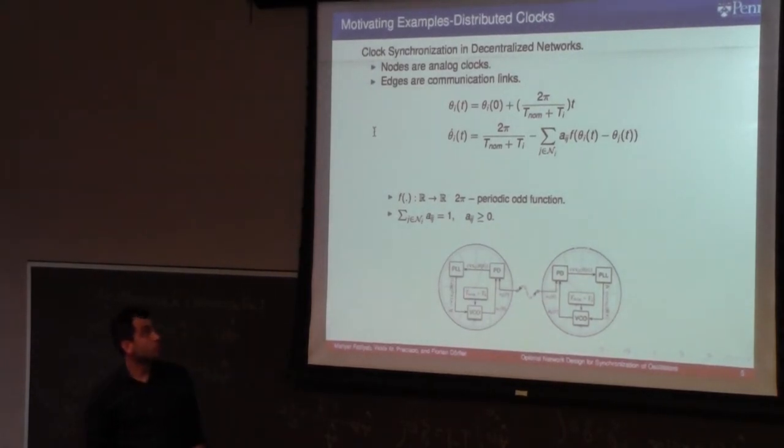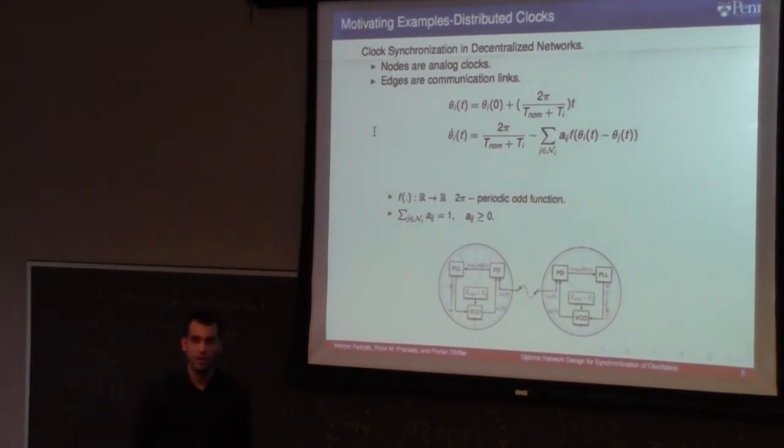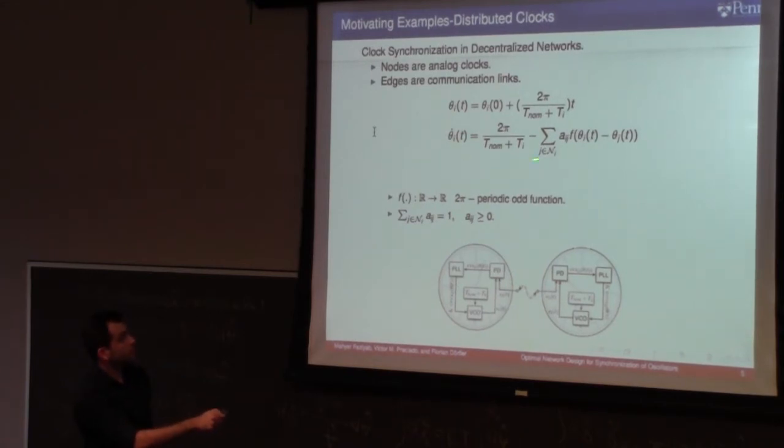There's some uncertainty, manufacturing imperfections that cause these natural frequencies to not be identical for all the processors, right? So what is the consequence? The consequence is that if the clocks start individually integrating the natural frequency, they will get different phases over time, and this degrades the performance of the decentralized network in computation. So one way to synchronize these analog clocks is using this diffusive coupling like the Kuramoto model, because for example, if you look at this,